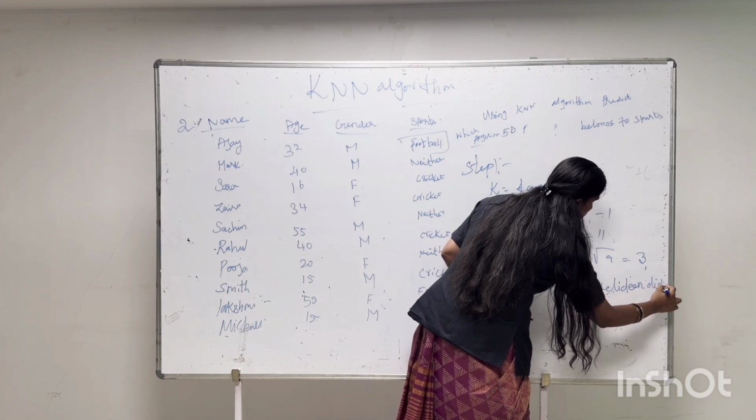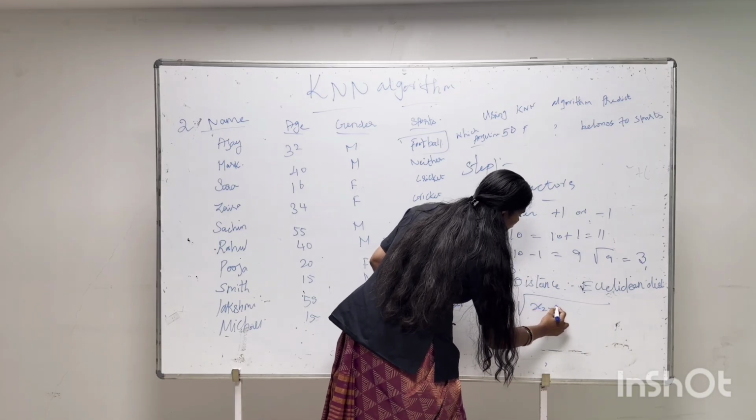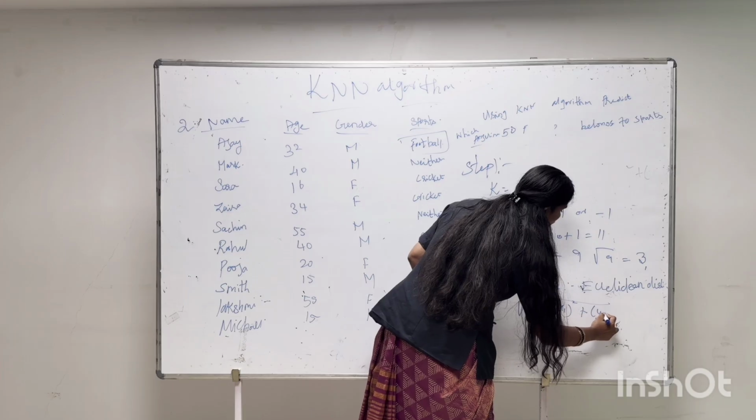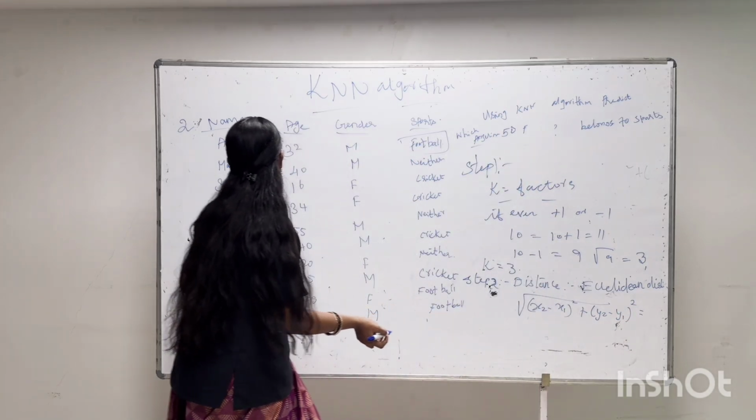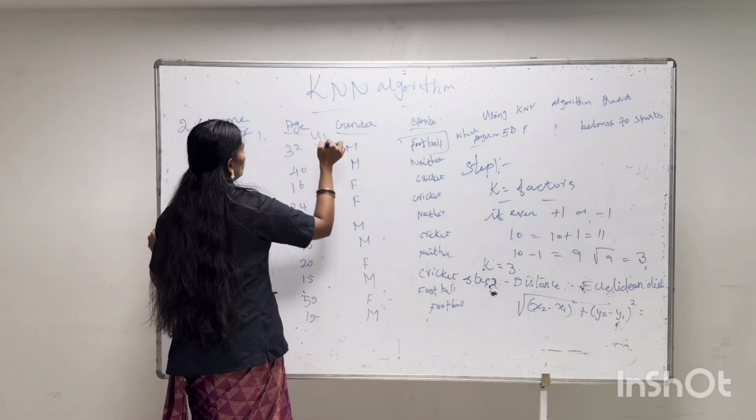Euclidean distance formula, that is x2 minus x1 whole square plus y2 minus y1 whole square. Here the already given data is considered as x1. This is y1 for the